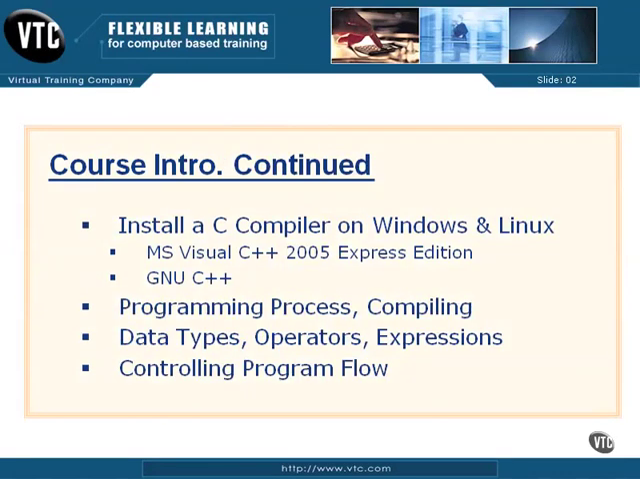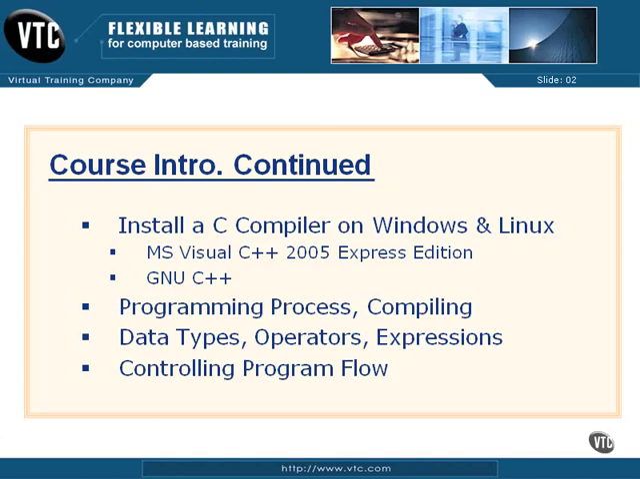We will install a C compiler on a Windows platform and a Linux platform. We will be using Microsoft's Visual C++ 2005 Express Edition. And even though it's created for C++, it will compile our C code and our samples just fine. Same thing with the GNU, GNU's Not Unix, C++ compiler. We'll make sure that you have it installed properly and updated with the right libraries so you can use it